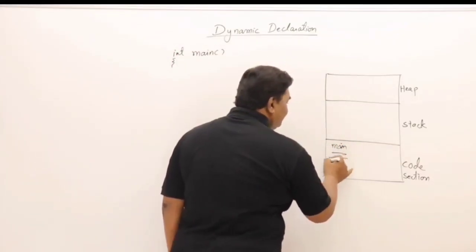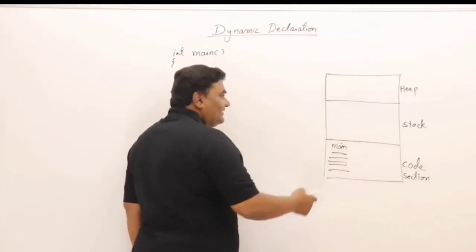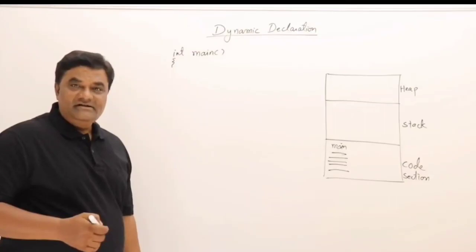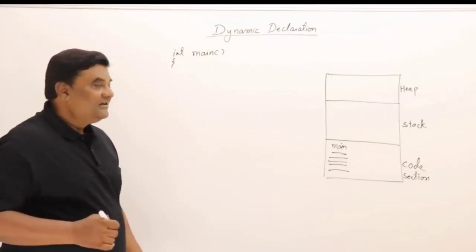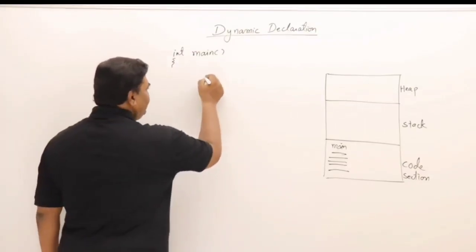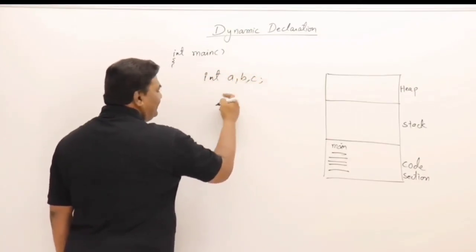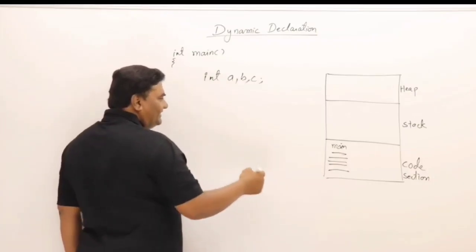Suppose it's a main function. The machine code will be lying here. And here, inside the stack, the memory for the variables will be created during the execution of a program. Let us see, I have a main function here. If I am declaring some variables a, b, c of type integer, suppose integer takes 2 bytes, then 2 bytes